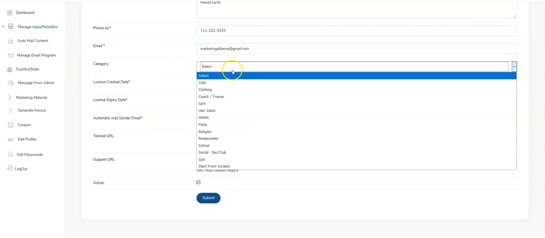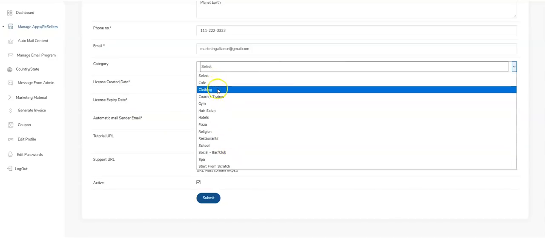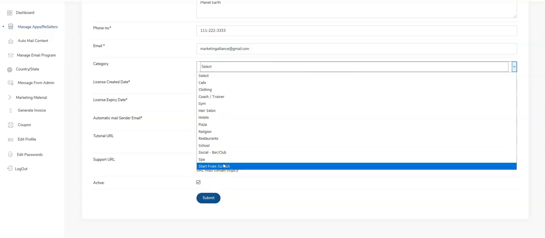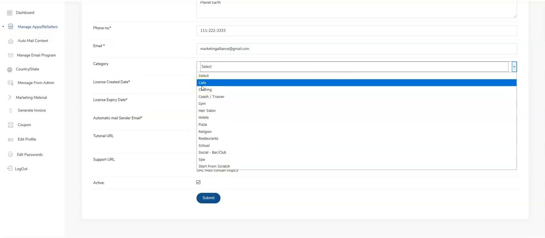So we have a bunch of pre-built types of apps already, and whatever you select here will have everything turned on for you that's relevant to that type of business. So for example, if you're selecting a cafe, you'll have food ordering system, points rewards, punch cards, that kind of stuff that's already turned on for you. You will be able to go in and update it and add things if you needed to,